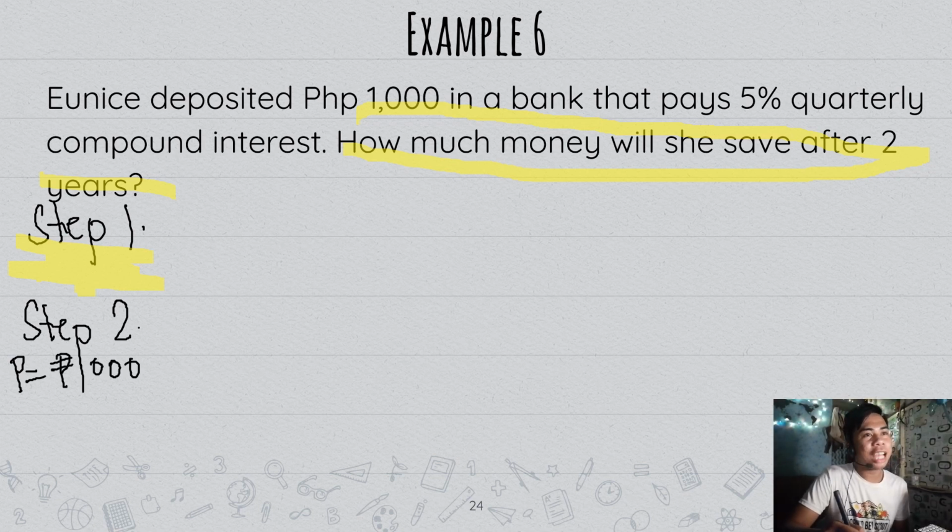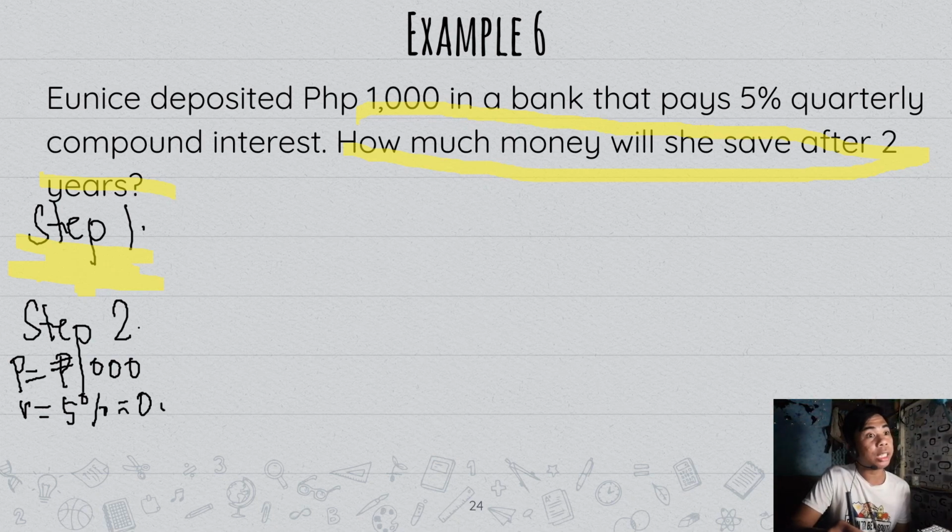1,000 pesos. Actually, class, it's pronounced as pesos in the dictionary, but we Filipinos used to call it peso. So let's correct ourselves. It's Philippine peso, pesos. From now on, we will call that pesos. So the principal amount is 1,000 pesos, and the interest rate is 5%, and that would be equal to